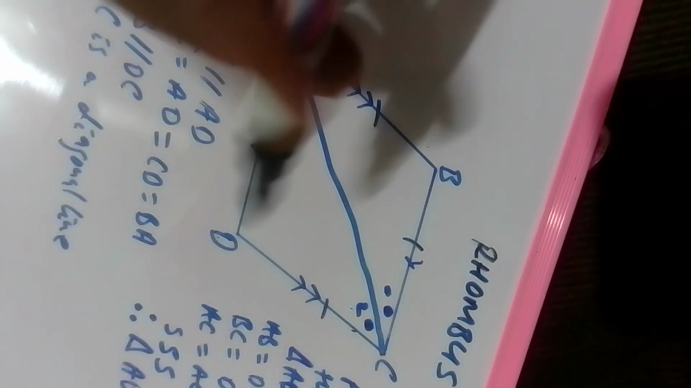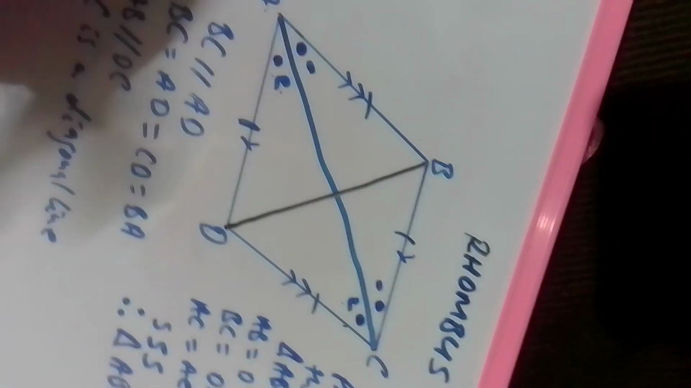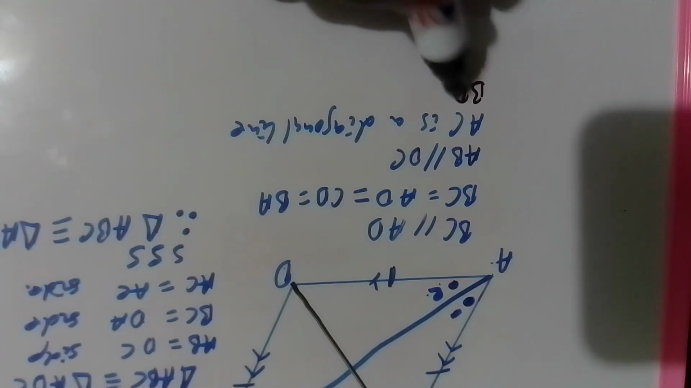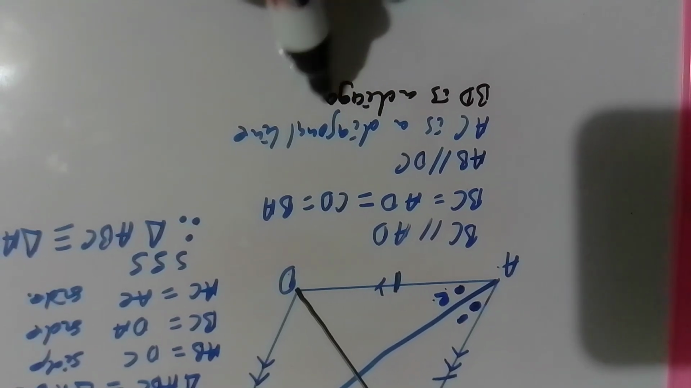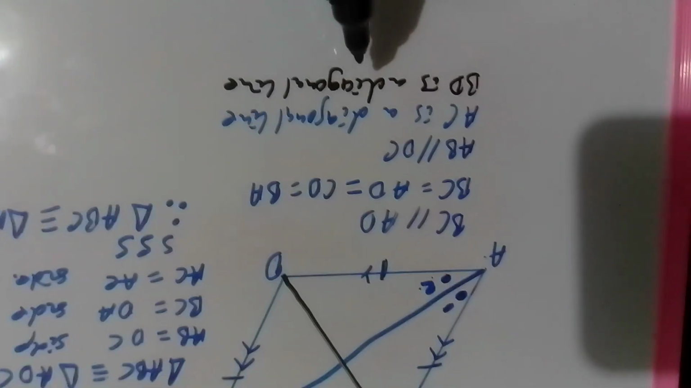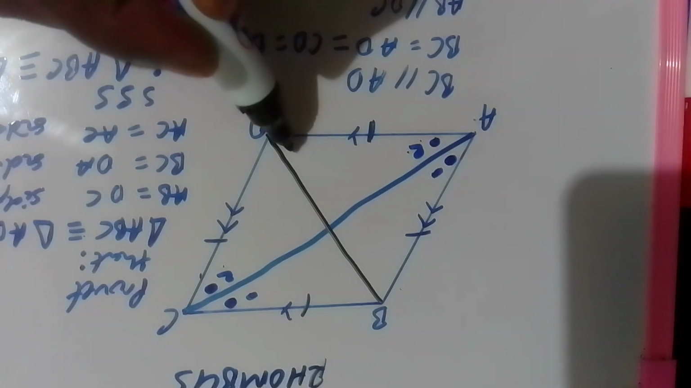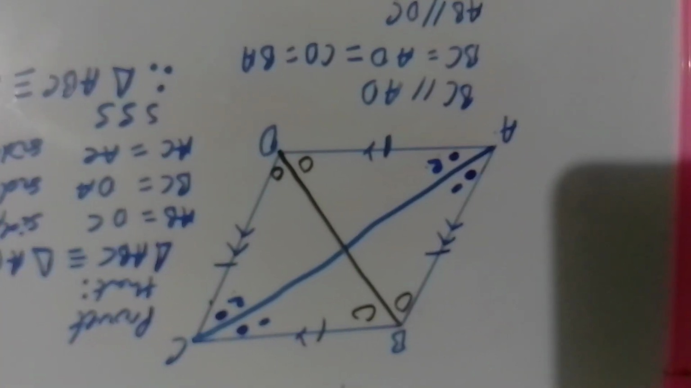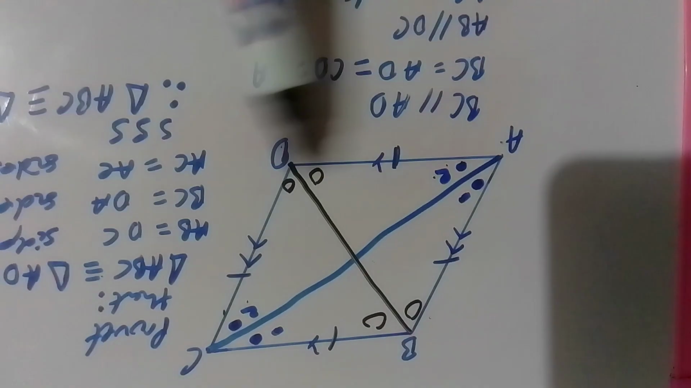So I now draw diagonal line BD there, and I tell them that BD is a diagonal line such that it bisects angle B and angle D. So this angle and that angle and this angle and that angle, right? When it is bisected, we now have triangle BCD and triangle